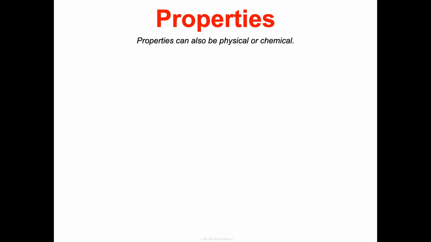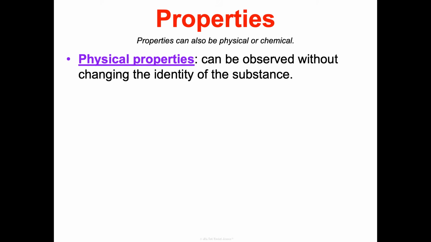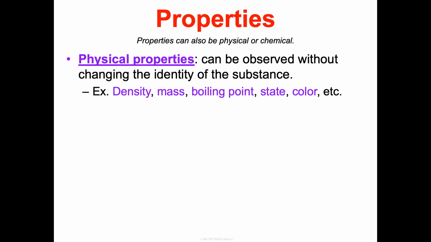Like I said, properties can also be classified as physical or chemical. So a physical property can be observed without changing the identity of the substance. So if I'm looking at a substance and I want to describe how it's going to behave, I can describe its color, the density of it, the mass of it, its boiling point, the state. Is it a solid, liquid, or gas? Those are all things I can just describe about it, and I can see those just physically without changing